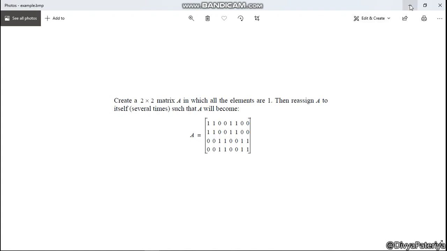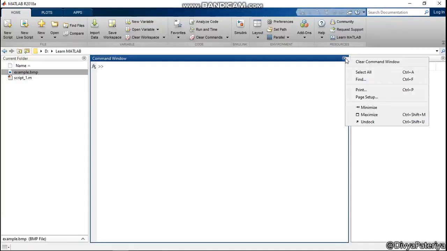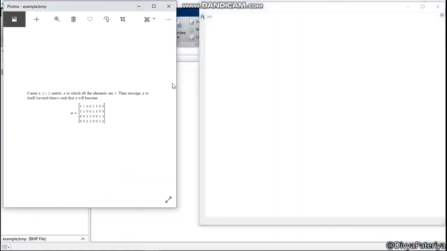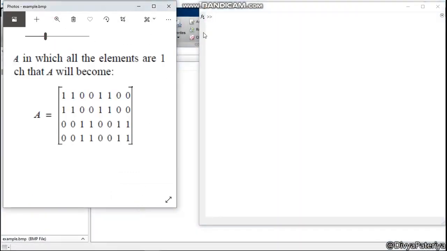I will just solve it. I will just minimize this. I will untop the command window. It will be here, and yes, this is my matrix that I have to make. So I will find my variable a first, and I can see if I run two rows at a time, it is a ones matrix. So I will write ones, and a 2 by 2 matrix we want. I will press enter and then we can see this part, 1 1 1 1. This has come here.